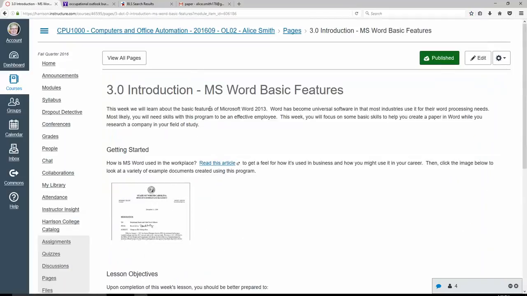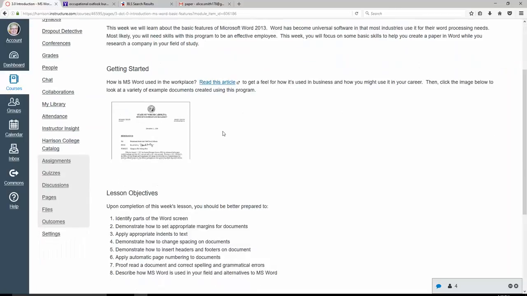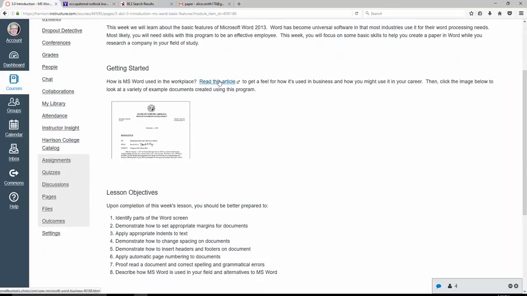This week we're going to learn the basic features of Microsoft Word 2013. Word's become a universal software, and most likely you need skills with this program to be an effective employee. You're going to focus on some basic skills that will help you create a paper in Word while you research a company in your field. So Microsoft Office, read this article to see how it's used in business and how you might use it in